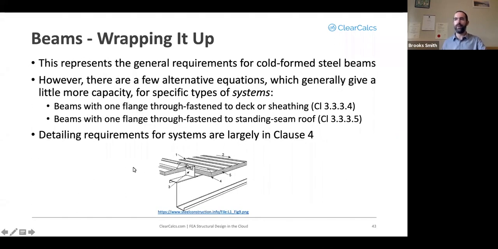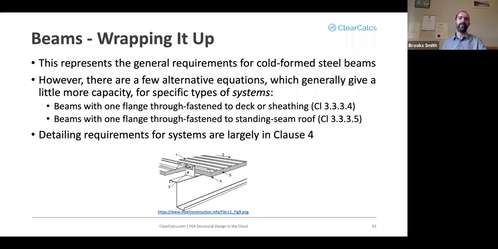So wrapping up our beam design, this represents everything we went through, the general requirements for cold formed steel beams. There are a few alternative equations you can make use of, which will generally give you a little bit more capacity for specific types of systems that you have. If you have beams with one flange through fastened to deck or sheathing, refer to clause 3.3.4 for a modification